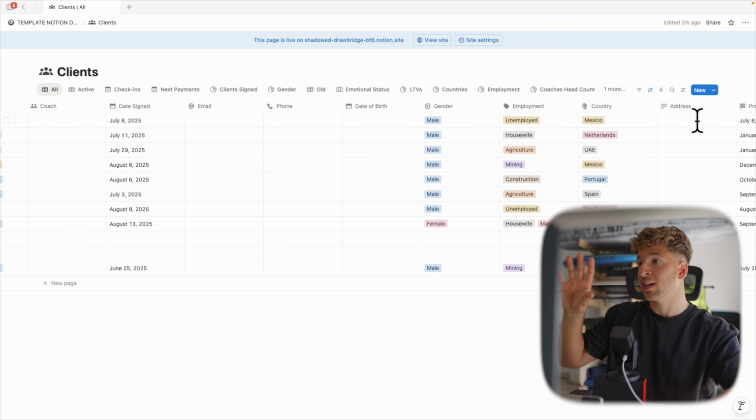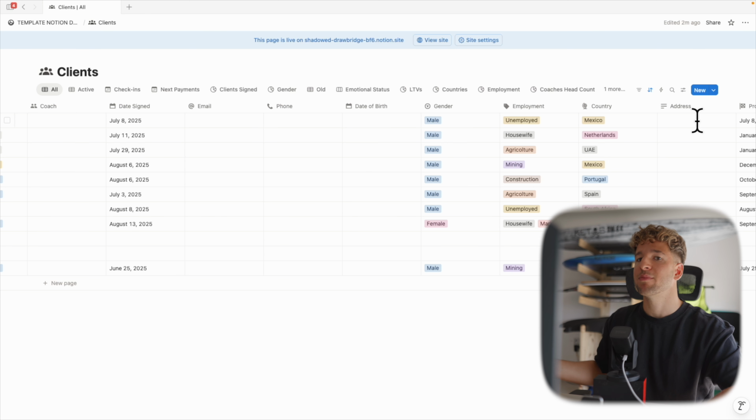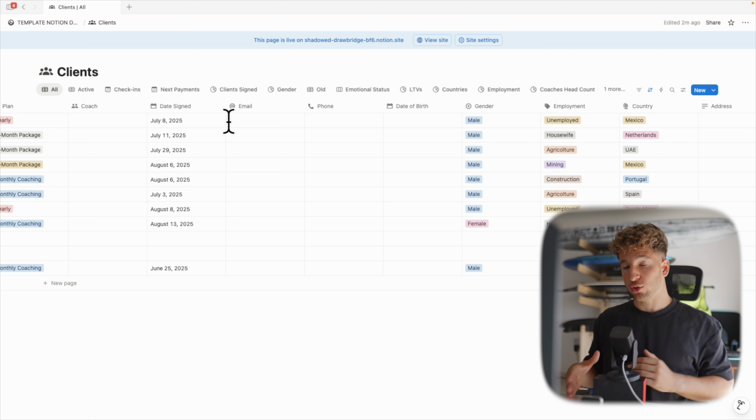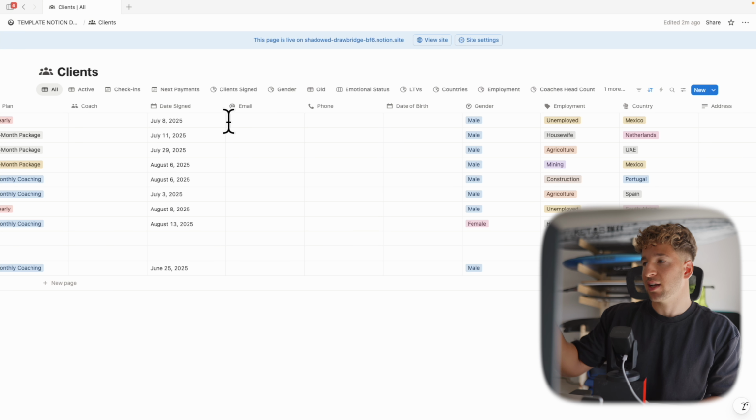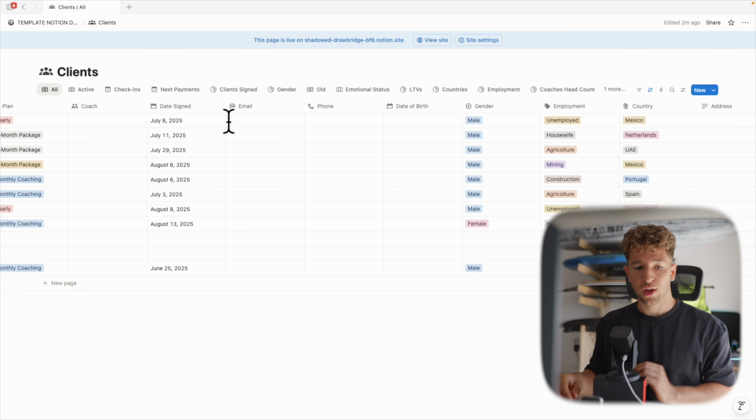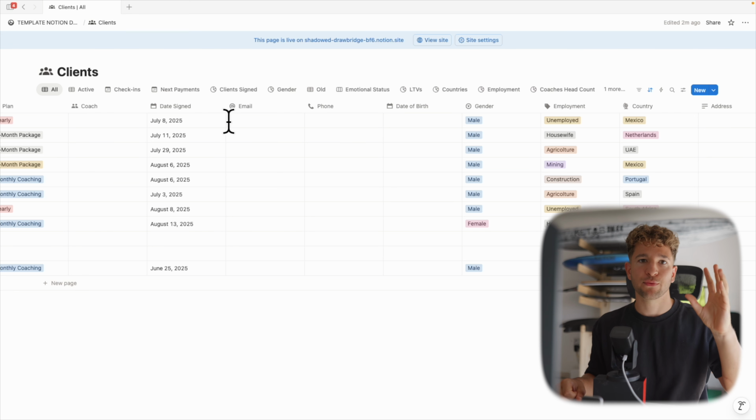After you have all the data organized in this place, where you can also track clients, everything else is going to be extremely easy in your marketing. By the way, just to mention a little automation that you can already set up after you create and duplicate this database for yourself is a very simple automation where whenever you onboard a client, you send a client information